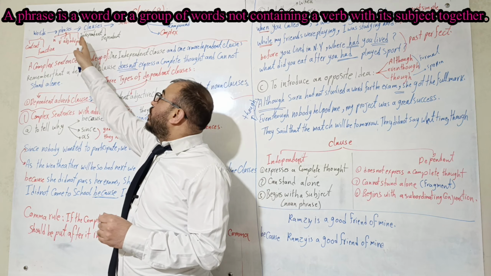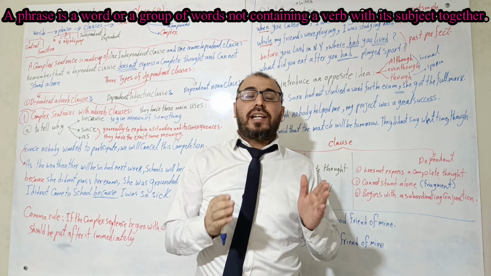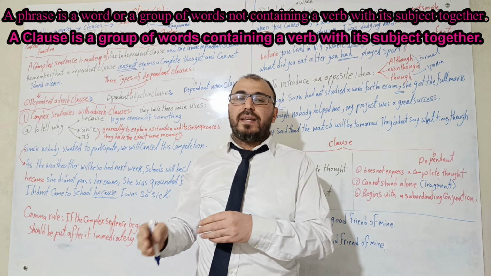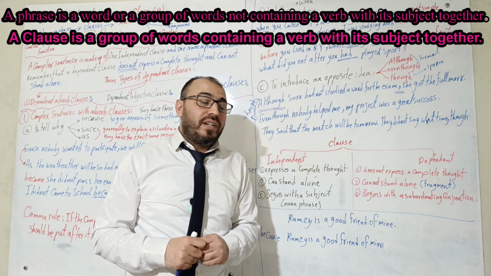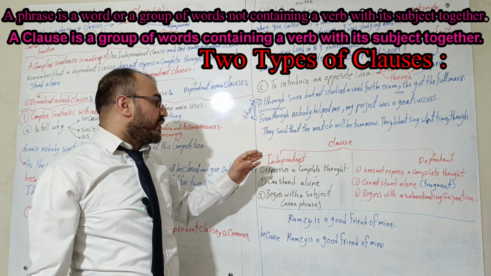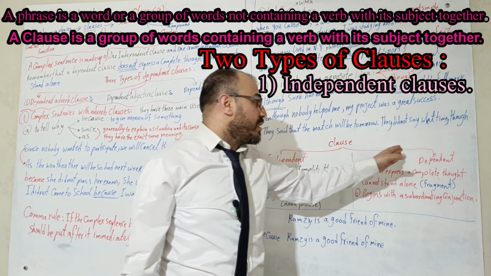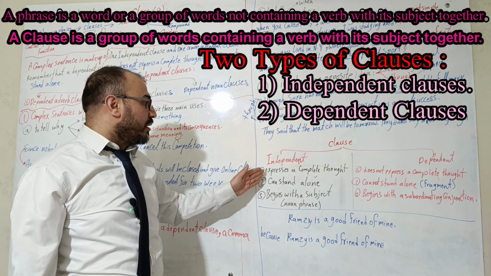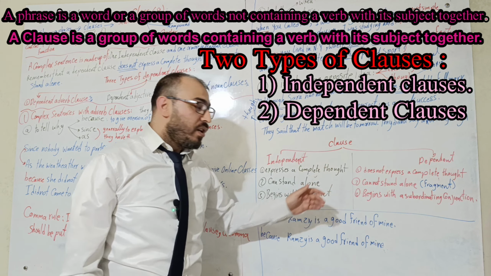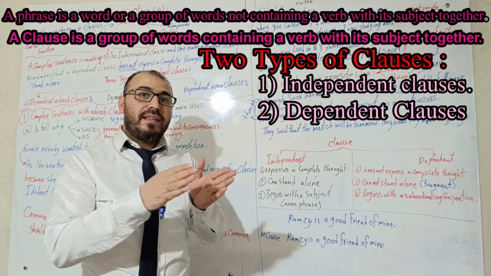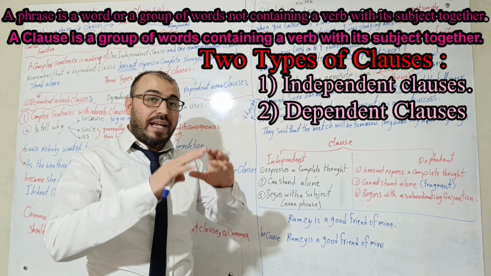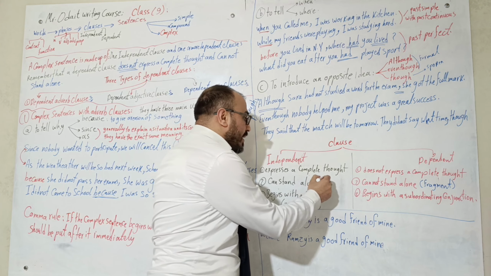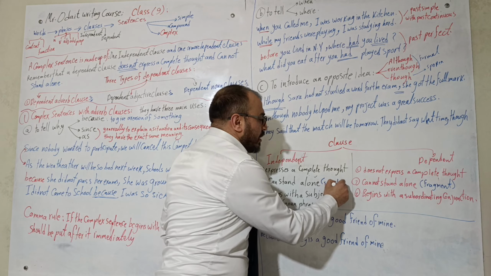Then we talked about clauses, and we said that a clause is a group of words containing a verb and its subject together. And we said, my friends, that we have 2 types of clauses. The first type is called independent clauses. The second one was dependent. An independent clause expresses a complete thought, which means if someone says it to you, you're going to understand a full idea, and it can stand alone as a simple sentence,